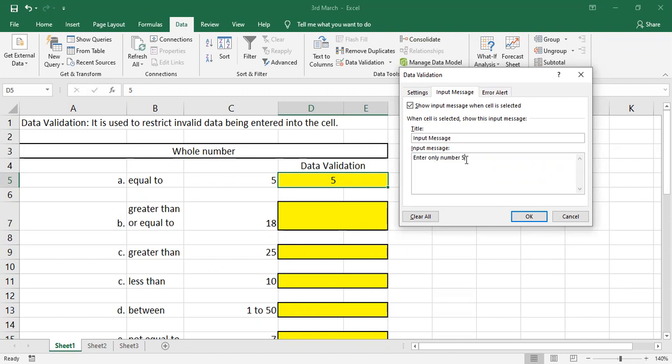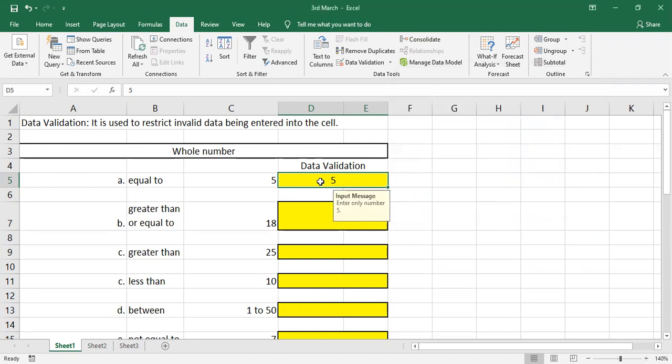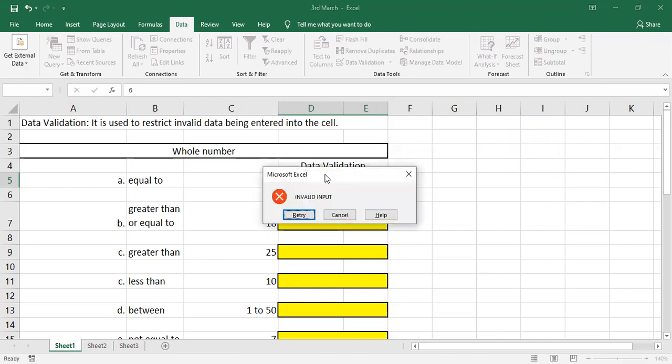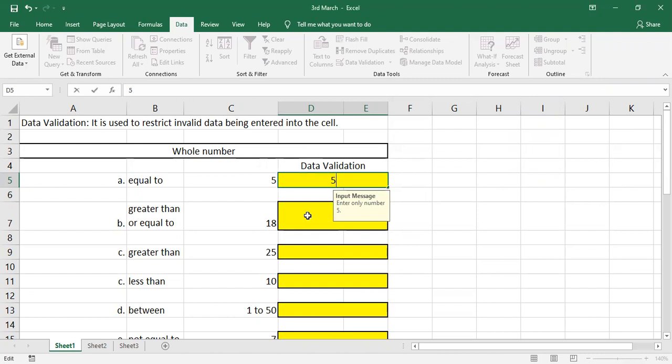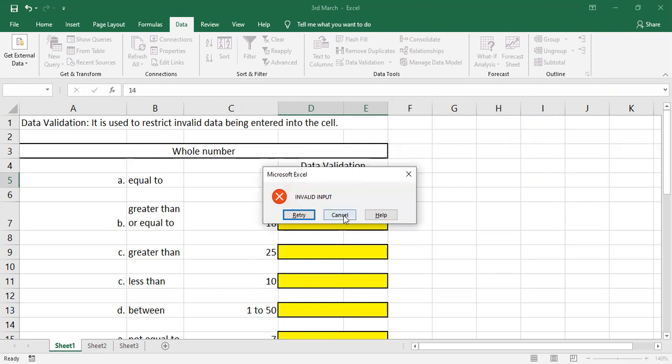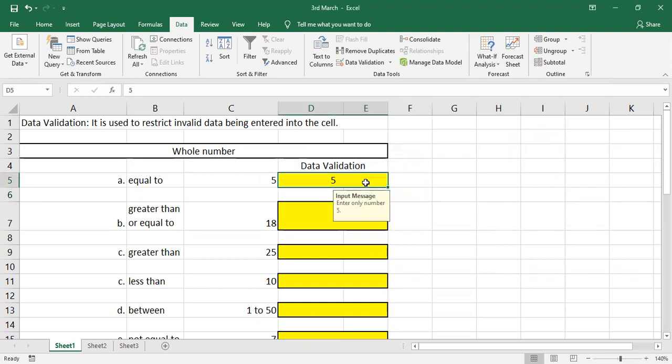In the error alert I have given: invalid data. Then I'll click on OK. Whenever you click inside the cell, it will show: enter only number 5. If I give invalid data, it shows Retry. If I click on Retry, I have to change it again. If I give invalid data and click on Cancel, it clears it.